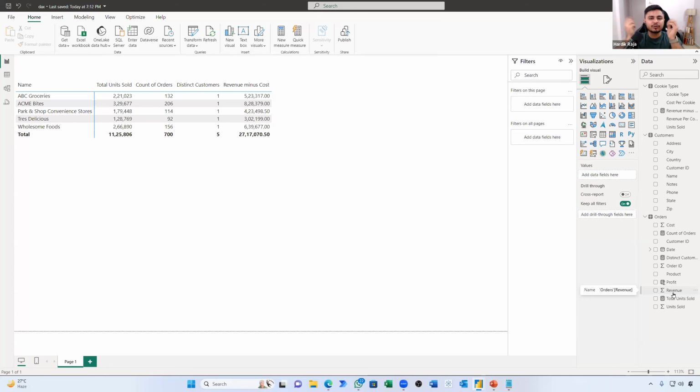Profit divided by revenue, because 10 divided by 100, you will get 0.10. The moment you multiply it by 100, that becomes 10%. So that is how you arrive at the answer for your profit percentage. In our case, we have two elements already ready with us. We know what our profit is. We know what our revenue is.